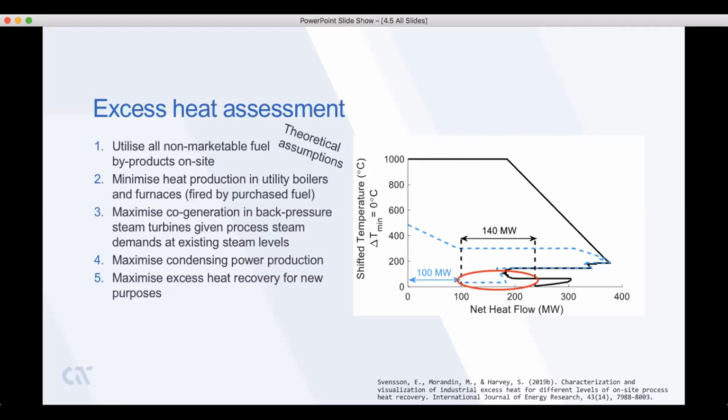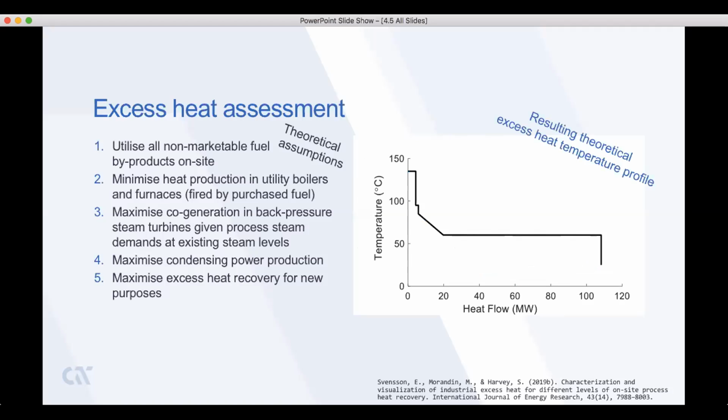To illustrate this heat more clearly, a tool called the excess heat temperature signature was used in this work. This signature illustrates the amount of excess heat available according to predefined temperature ranges and constant temperature levels that represent relevant excess heat utilization options. Given the prioritization order used in the excess heat assessment, the excess heat temperature signature represents the theoretical maximum amount of heat that can be made available without limiting the potential for further primary energy savings or on-site power generation, and thus represents a measure of unavoidable excess heat.